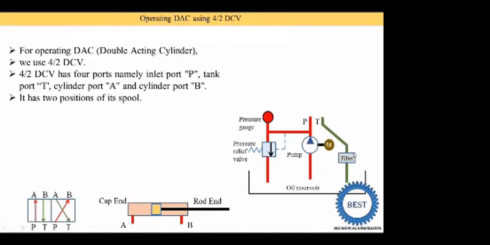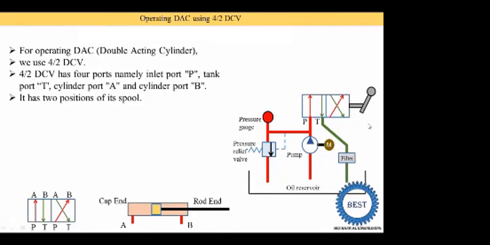Now this is the common figure used in every hydraulic system: oil reservoir, suction pipe, pump. The pump is run by using a motor. That is the pressure line, pressure gauge, pressure relief valve, and this is the return line. On the return line we put the filter. Now at the outlet of the pump we put the directional control valve, and this directional control valve is operated by using a lever. So here the lever symbol is drawn, and the directional control valve can be operated by various methods.